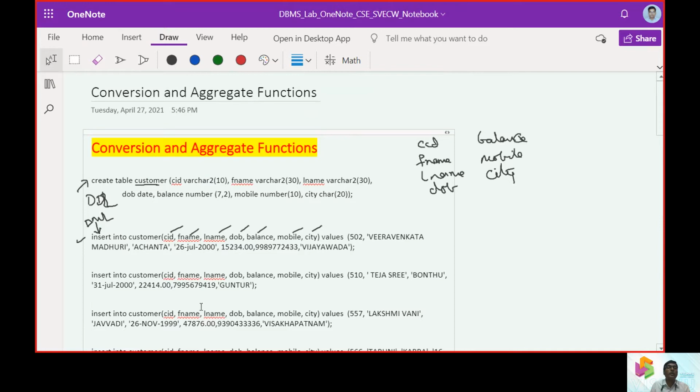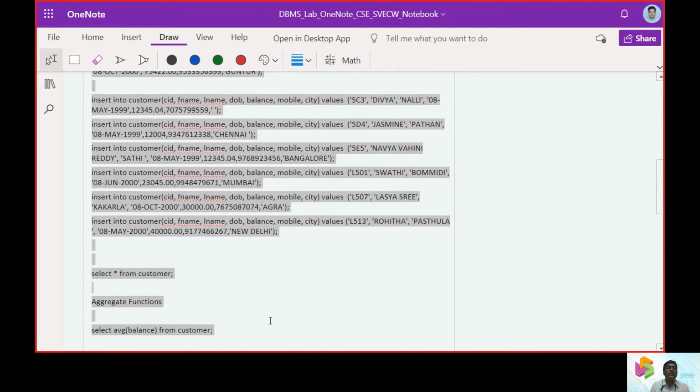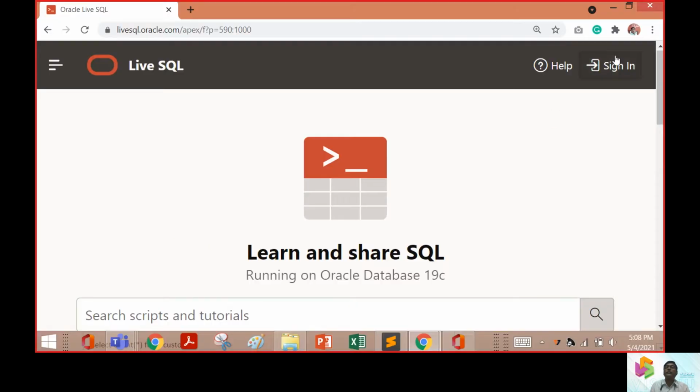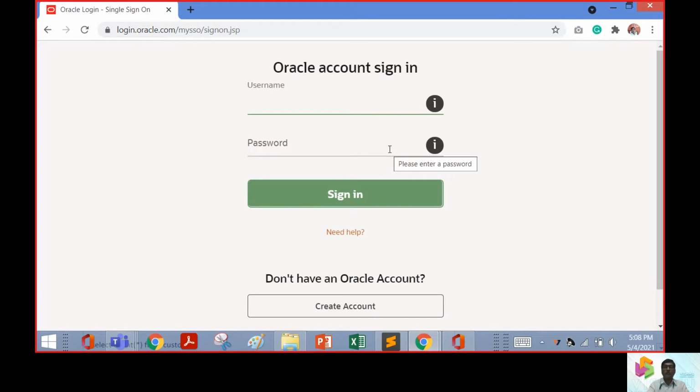So now quickly let us take up the query part. Use the Live SQL content. livesql.oracle.com is the online compiler for SQL we are using. So we are using the same to execute all the exercises.